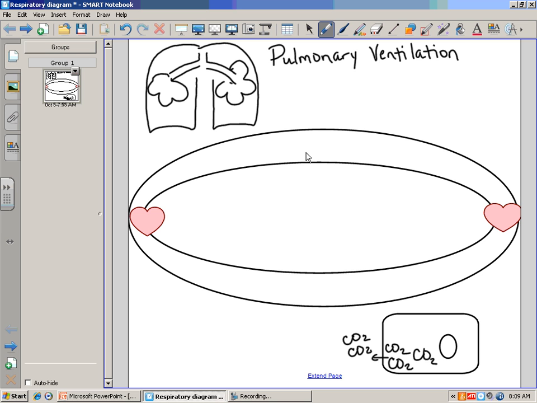And pulmonary ventilation is the reverse. It's getting the air out of the lungs. Not deciding, oh, but I want to get rid of this, I just want to get rid of this. Just simply, here's the air, bring it in. Here's the air, get it out. That's pulmonary ventilation. Okay? Then we have to go over